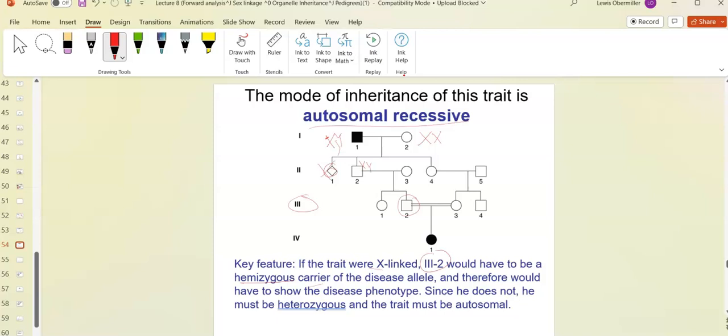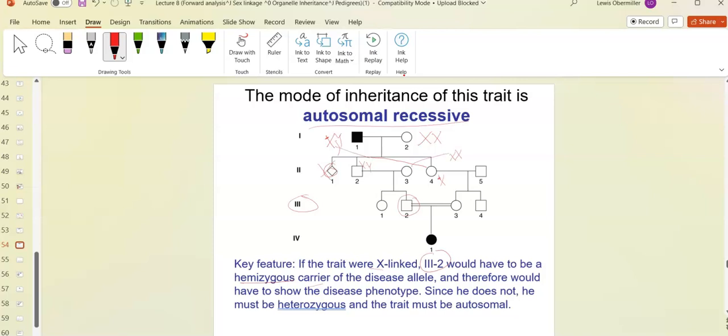When we don't know, generally we assume that they're not affected, right? So these would be unaffected individuals. And so this offspring could be a carrier, 50% chance, right? Because this is a female that would inherit